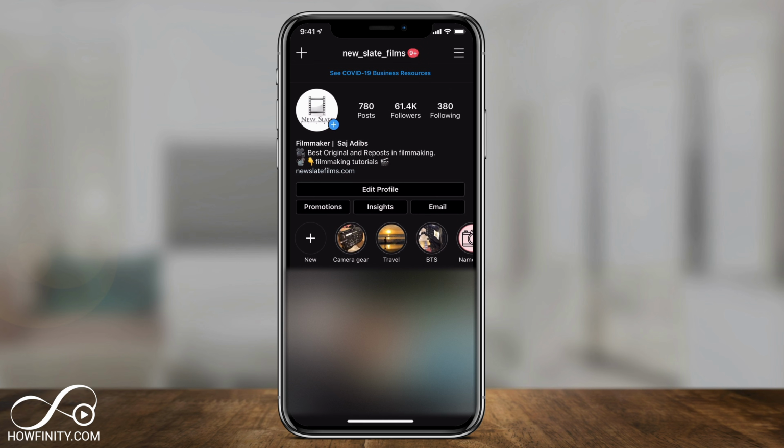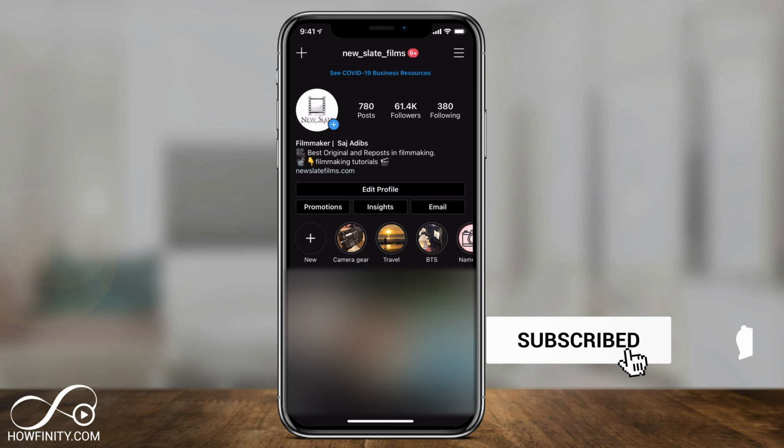As usual, make sure you update your Instagram app so you get the latest updates. And this is an Easter egg, so it's hidden,